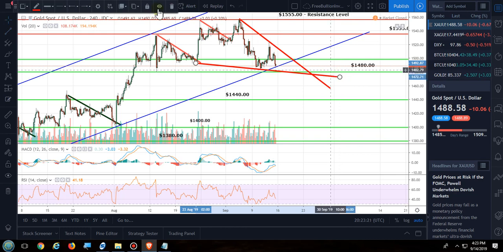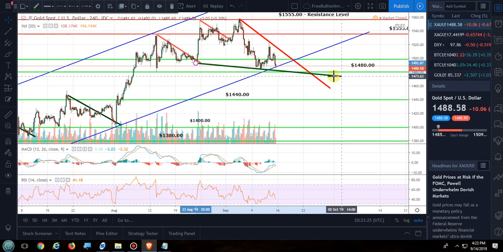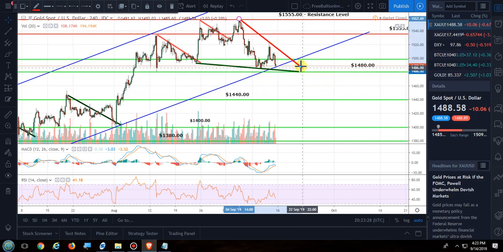Let me get these lines correctly shown here. Anyways, it is a falling wedge, and we could see the price of gold break up above it as the daily chart suggested. But we could also see the price of gold come down, meet this lower trend line of the falling wedge, break through the ascending channel, then pop back up, and then depending on